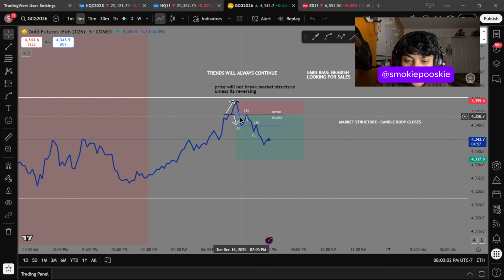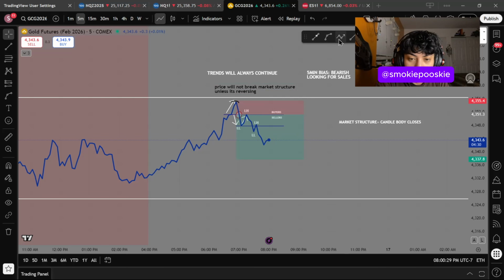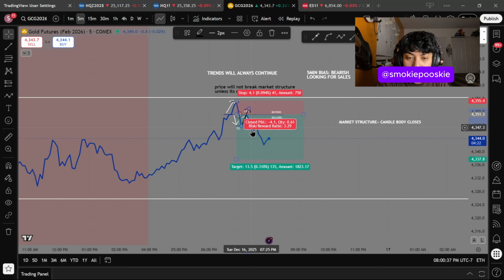Right at this indication where price indicated to you in the very beginning, I'm going to be bearish. That's when you knew, okay, once this indication is over and it corrects, and if it corrects all the way up to here, I'm going to enter right at that level. But even if it didn't go all the way up to there, or it went even all the way up to here, right? Let me just draw that out. If price even would have gone all the way up to here,